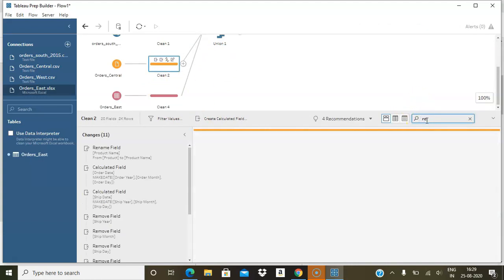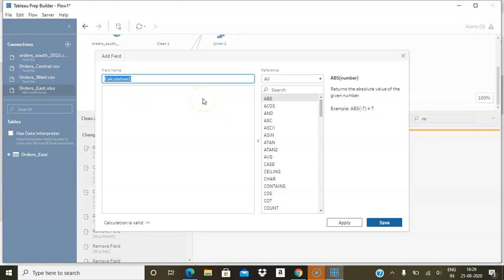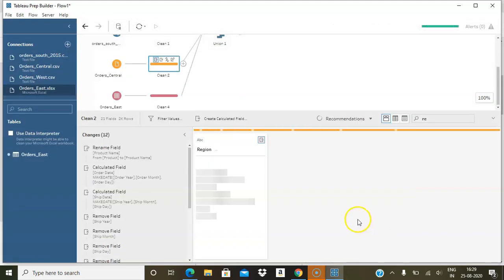Since I already have a copy, it is asking me to replace. So the file is being generated now. You can go to this particular location and check for today's date.